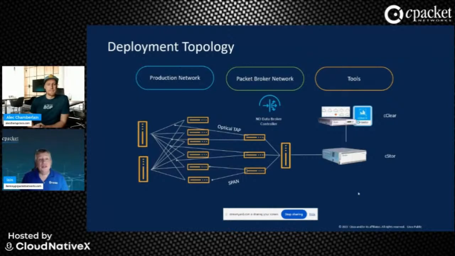100%, absolutely. So this diagram, as you can see, is a derivative of the one that we had a few slides back. Talks about the same idea. You can use a broad range of Cisco products to build out the data broker network there in the center. In terms of the tools, you're going to connect those up to the cStors. It's only showing a single cStor. Probably should update this diagram to show quite a few different cStors, but the idea here is that you're able